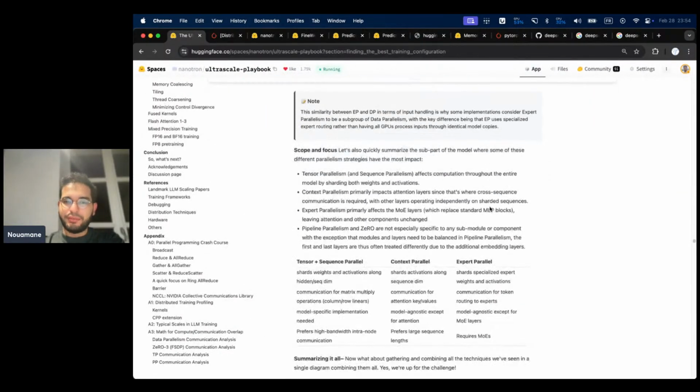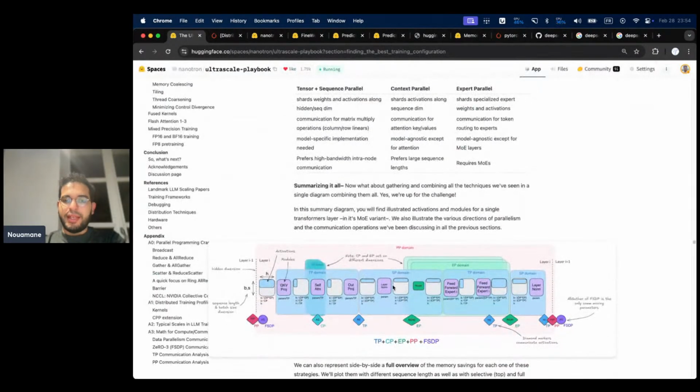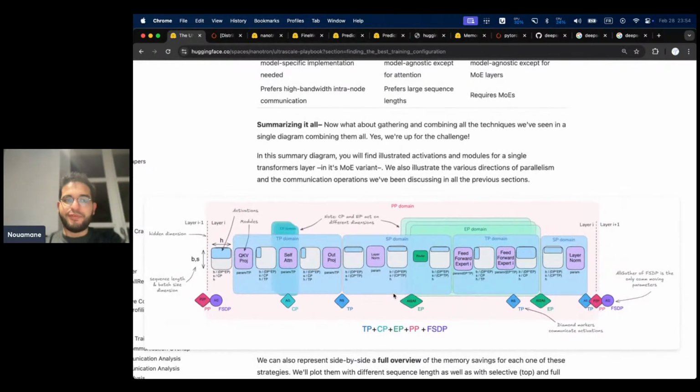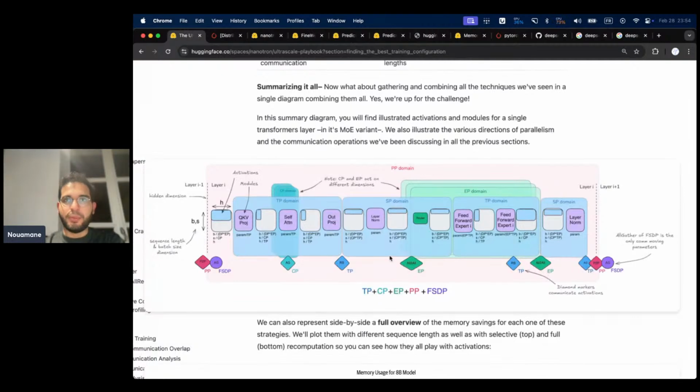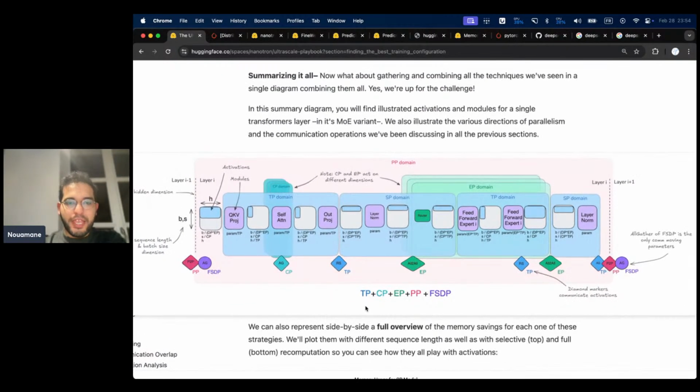Yeah, and then EP only functions on the expert part. And when we combine everything, this is the final schema that we get. I hope you can read it clearly. So we have in blue TP, and the TP does reduce scatter, all gather, all gather. There is an all gather here that was transformed to all to all. So when we mix TP and EP